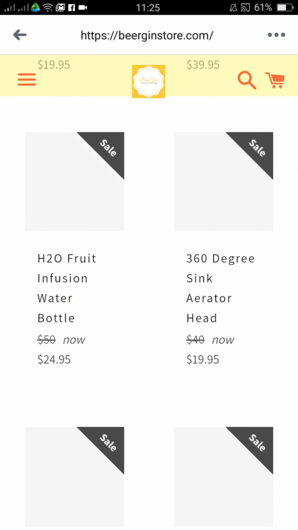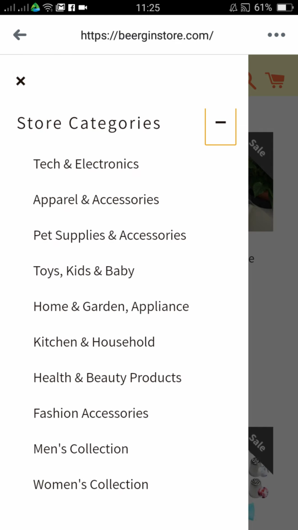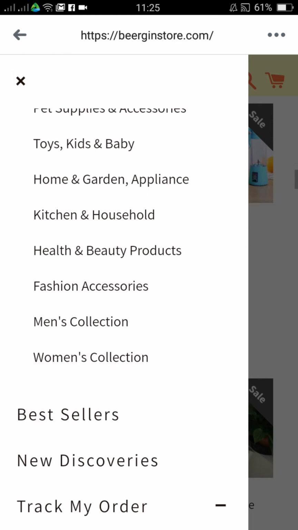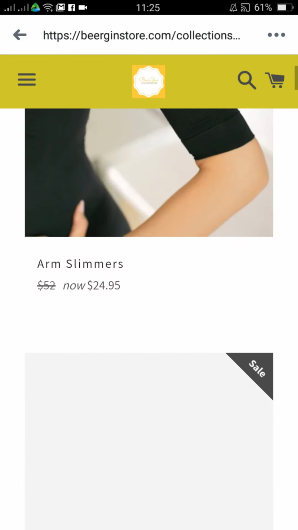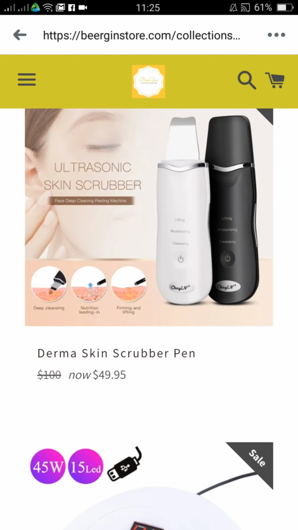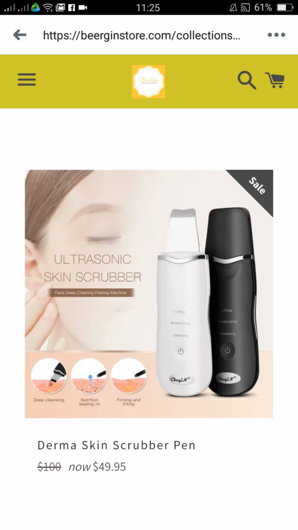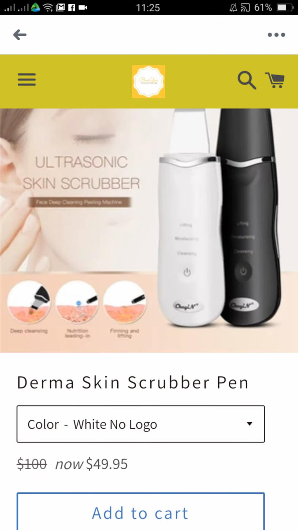Or you can just tap on the menu option, and then tap the plus sign for store categories. So under store categories, let's say you want to promote beauty products, just select beauty products. All right. So let's say that you want to advertise this Derma Skin Scrubber. So you just tap it. All right. So once you tap it,